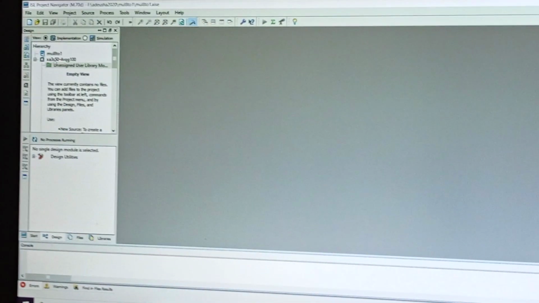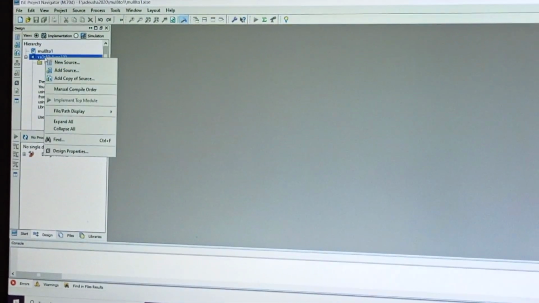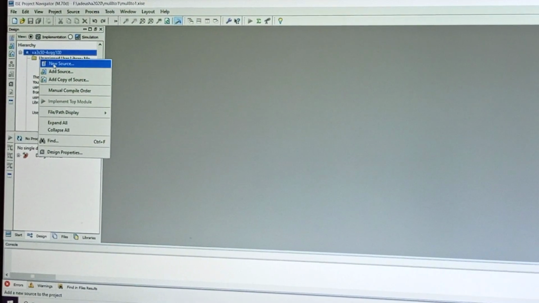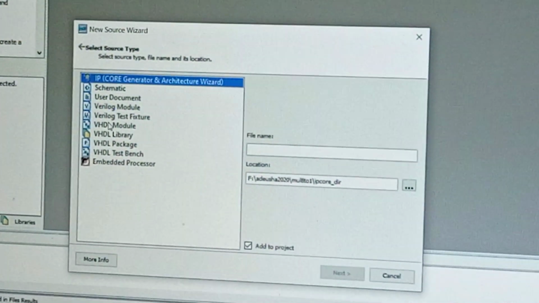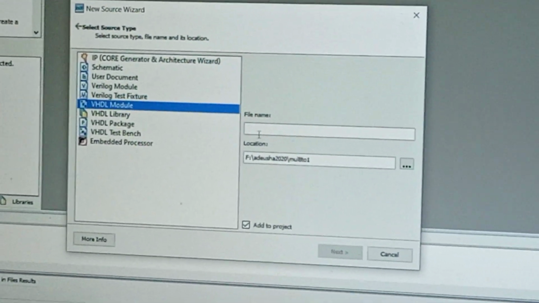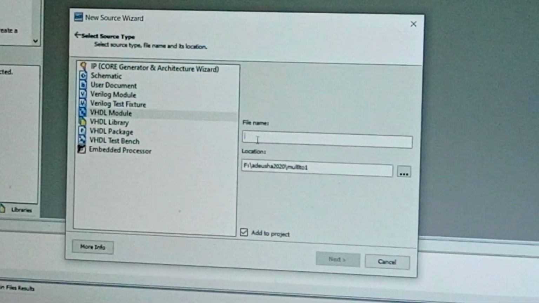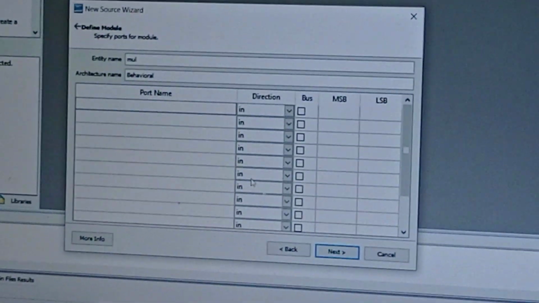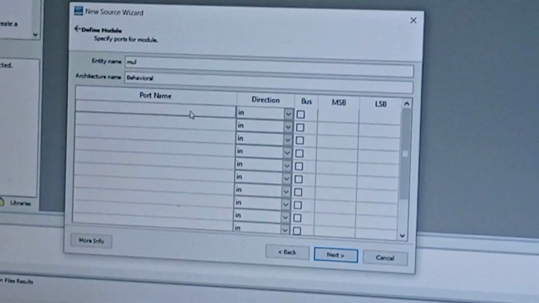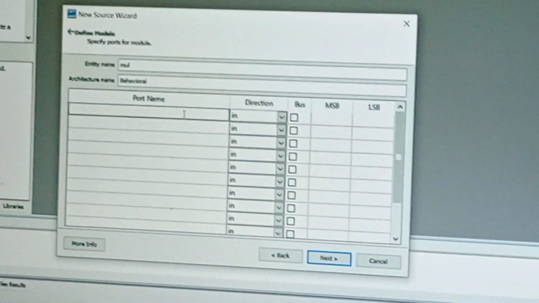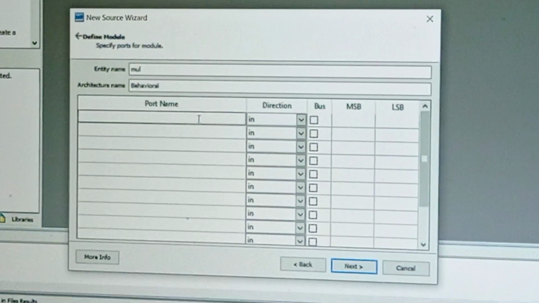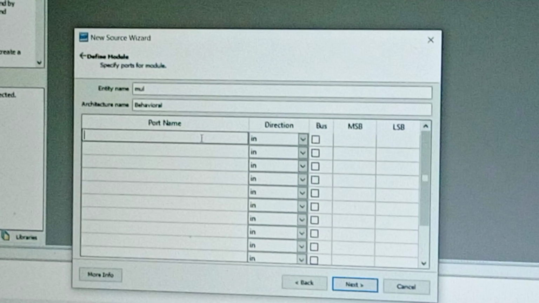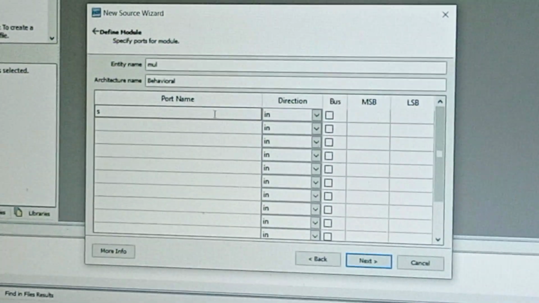Now right click on XA3S50, select the new source, and here select VHDL module, give the program name multiplexer. Click next and select the input port names, that is for multiplexer, select line.